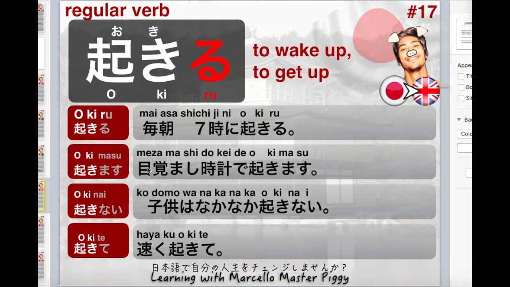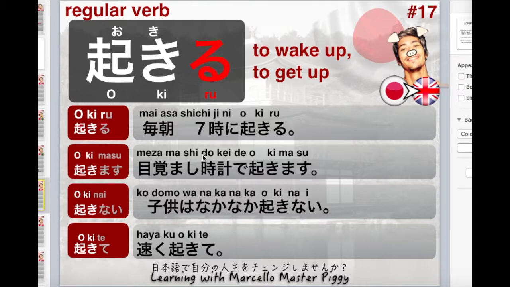Okay? So the next one is our masuke, the polite form. So let's have a look. 目覚まし時計で起きます。目覚ます is a verb that means it's like to get up, to wake up. Basically, me means eyes, and sameru is like to open your eyes, meaning to wake up. Okay, but anyway, mezamashi doke is doke comes from toke, and every time you connect one